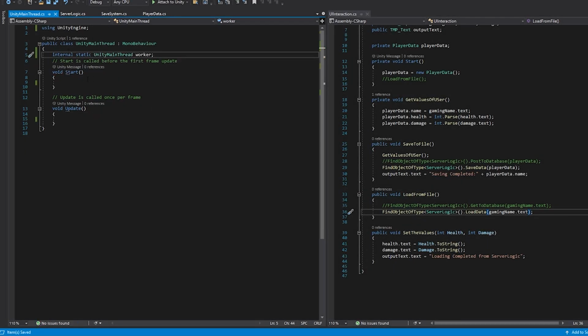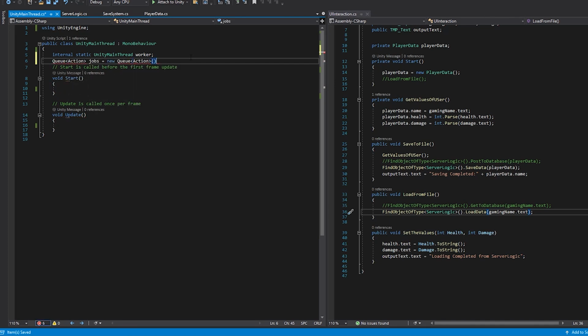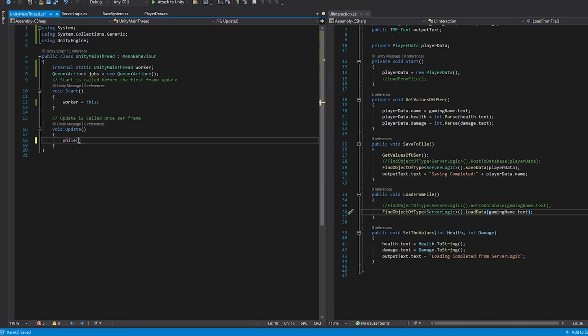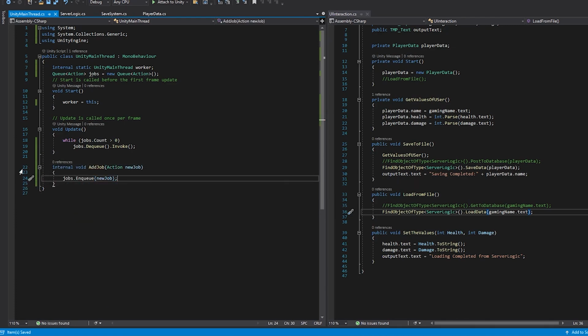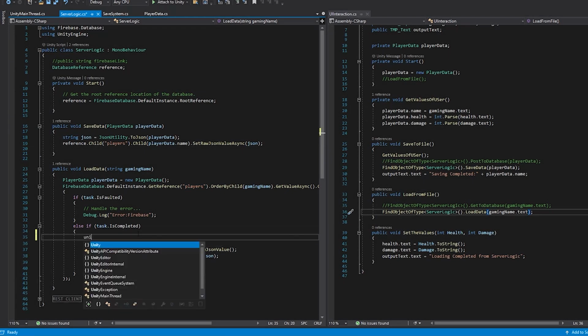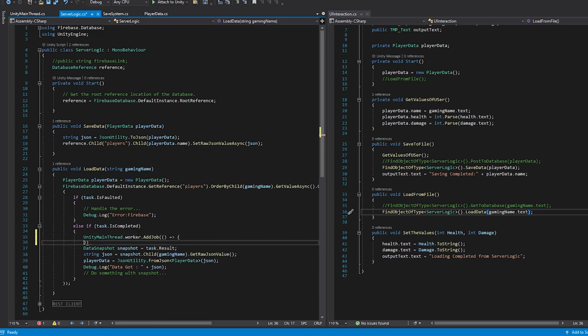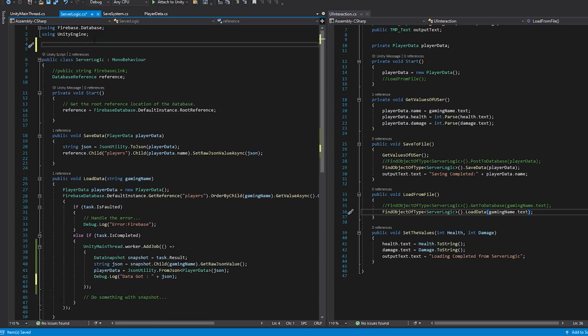Inside this script, I'll create a queue of jobs. I won't get into the code logic of how it works as it is a completely new topic, so I'll fast forward the video. You can pause the video to understand the code. In the ServerLogic script, whatever we want to perform, we'll pass it inside the AddJob. Now we have fixed the threading issue, but still it is not giving us a callback.